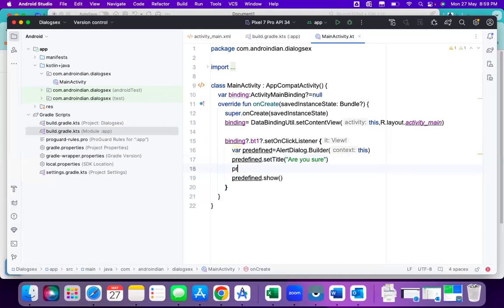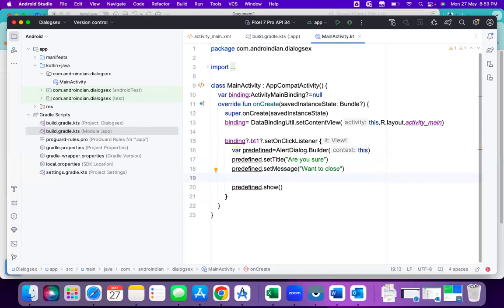So next, predefined dot set message. So setting the message, we want to close. Like this I have two text views. Now we have to add the button. So that we have to add a button. So that is predefined dot